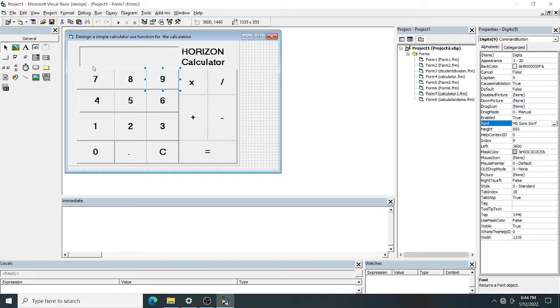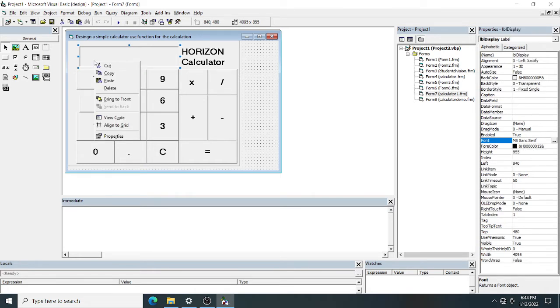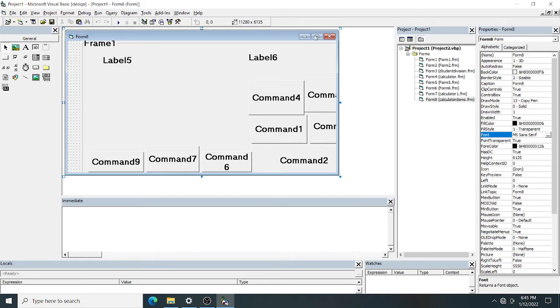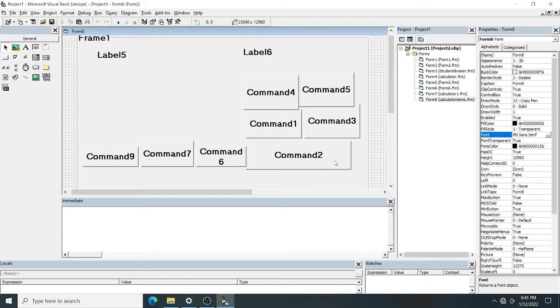And this is which one? A label. This is one label, and to make it look like a text box you have to go to the border style and change it. So let's design one calculator first. I already have a little design, because designing takes a lot of time, students, I'm telling you, especially when my mouse is not working properly. So please cooperate with me.